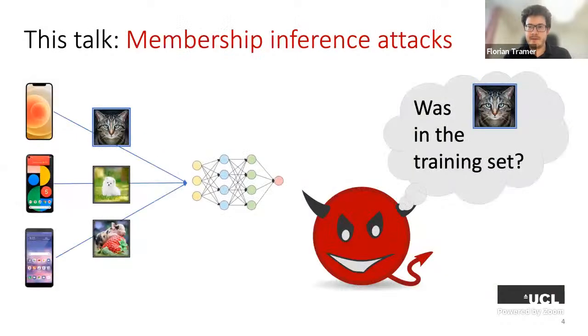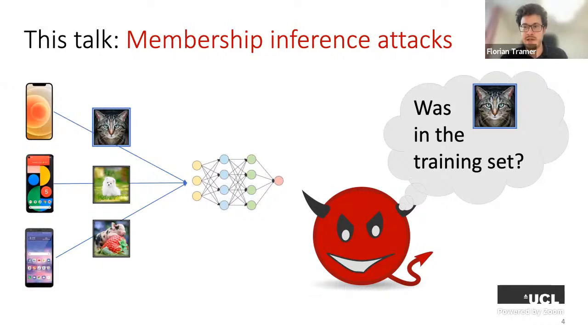To make things a bit more specific, what this talk is going to be about is one specific privacy leakage and attack on machine learning models, which we call membership inference attacks. And this is a very, very simple attack setup, and that's also one of the reasons why it's nice to study, where basically we're going to have a model that's trained on some training set that the adversary